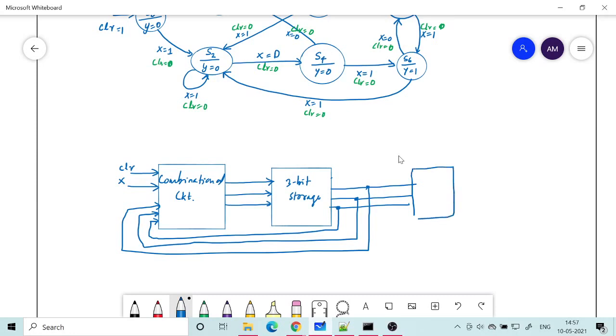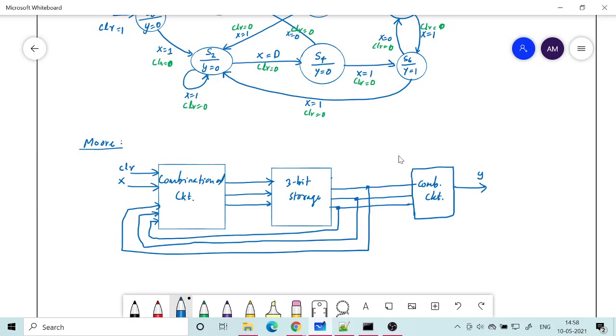So there should be another combinational circuit, okay. There should be another combinational circuit which will, in this case, give the output Y. So this is basically the structure of the Moore machine. What you need to do is to do the same application as a Mealy machine.